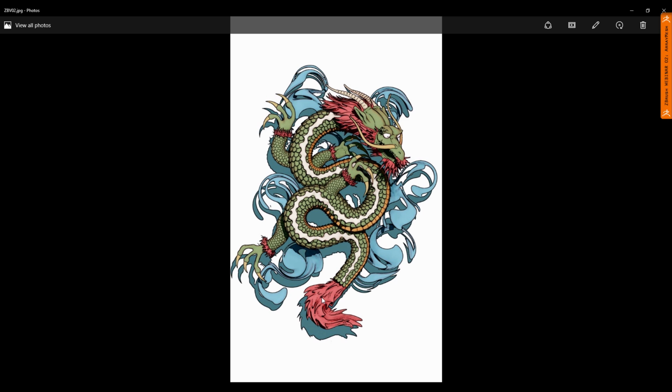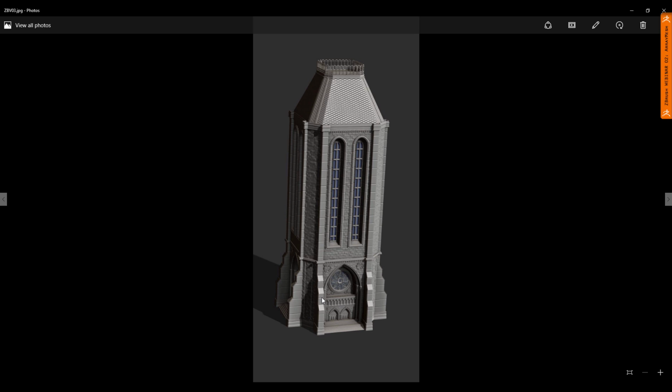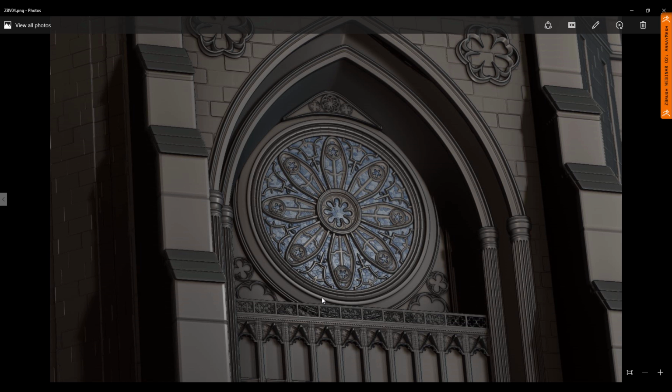Then I'm going to dive in and look at doing something more like an environment piece, like we have here, which is this little cathedral piece that I put together. And here's just a closer up image, and we're going to take a look at how I did something like this, and specifically how I did that little piece right there, because it's a great way to change things up. That piece and that piece are all from only that one right there. So using array, I was able to change up these pieces.